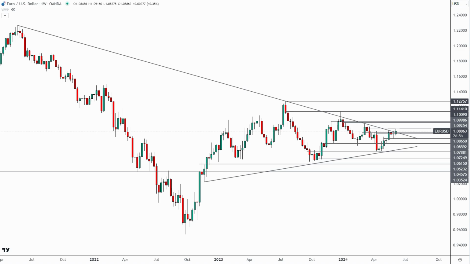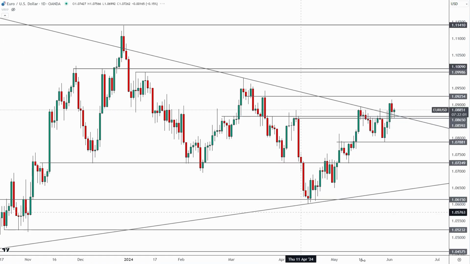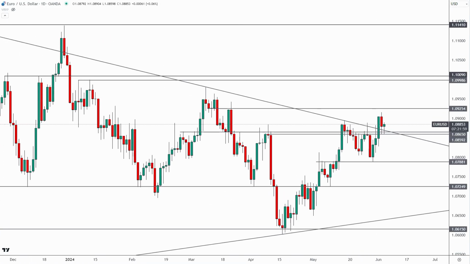Now with the Euro USD, we've talked about these trend lines here quite a bit over the past few weeks. This one up here is the one that the Euro USD is trading at ahead of the ECB, so this could become potentially significant over the coming days. And what I'm specifically watching, if we go to the daily chart, is that this right back here was technically a failed breakout above that 2021 trend line. You can see that following that, the euro continued to respect this level on the daily.